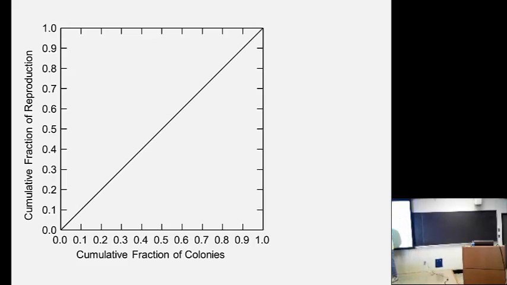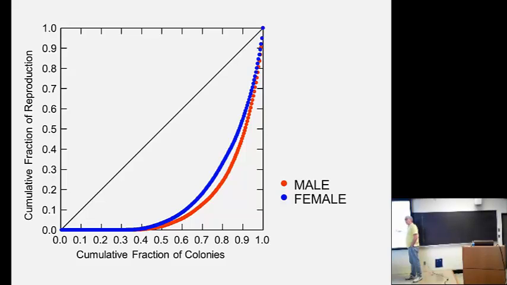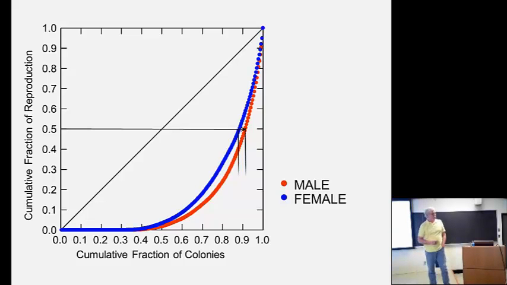So if everybody's dividing reproduction equally, 50% of the colonies will make 50% of the reproduction. For the harvester ants, the reproduction through male and female function is substantially different from equal. Okay, there's a lot of variability among colonies in how much they reproduce. A lot of colonies, 45% of the colonies, don't reproduce. And importantly, half of the reproduction of the population is due to something like 10% of the total